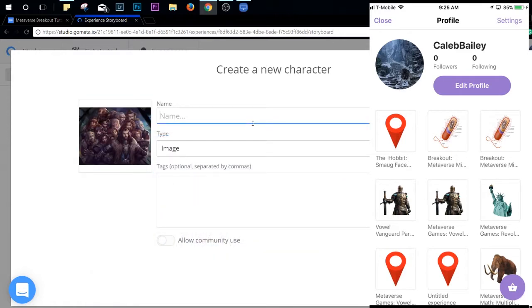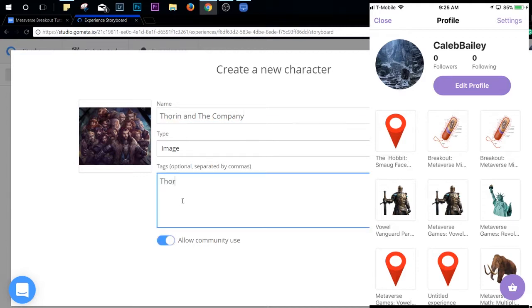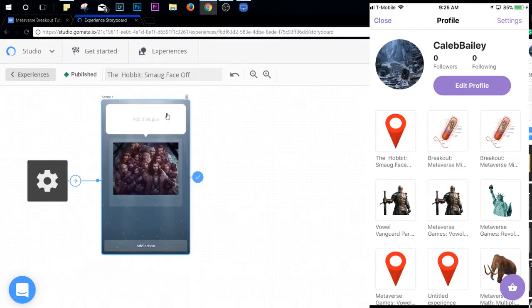So first thing I'm going to need is a picture of Thorin and the company. And no surprise that Google doesn't recognize fictitious names and such. Unless it's based off of a real name, they're usually not going to remember it. So alright, first thing I've got Thorin and the company, and so the way